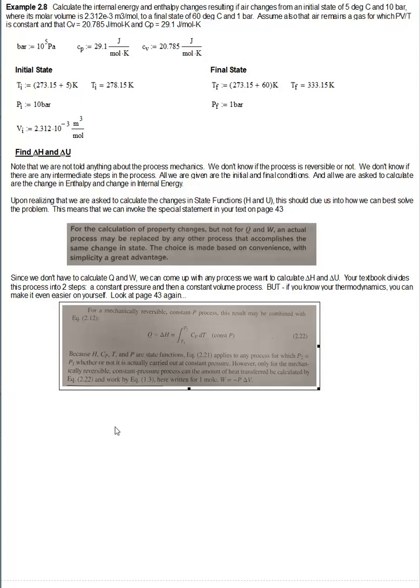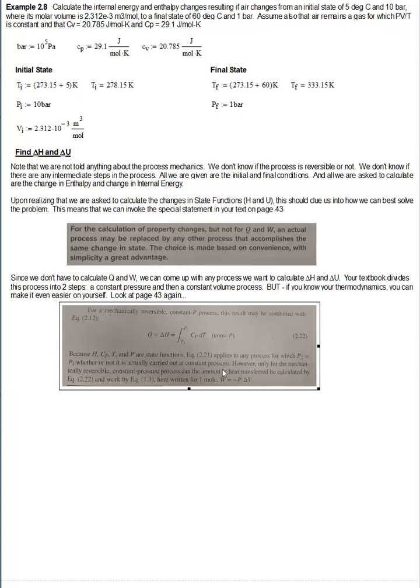They say because H, Cp, T, and P are state functions, this equation, which is equation 2.21 or 2.22, which is basically the same thing, I'm talking about this part here, delta H is equal to the integral of Cp dT. This equation here, forget about the Q right now, applies to any process for which P2 equals P1, whether or not it is actually carried out